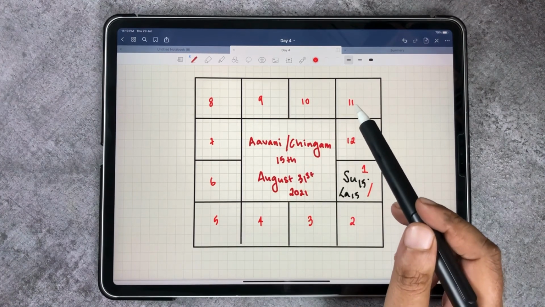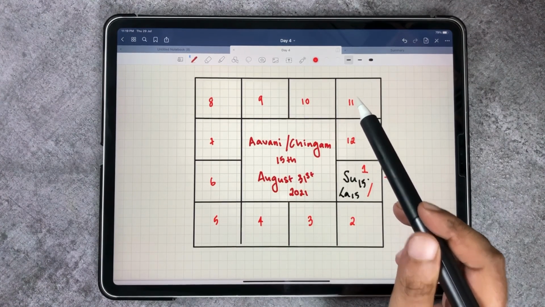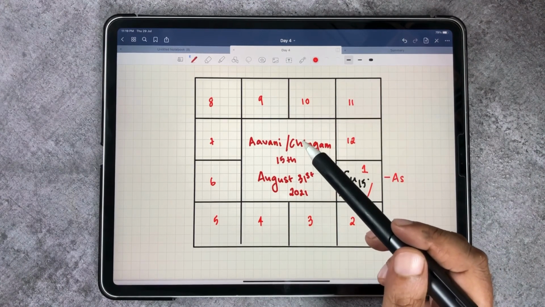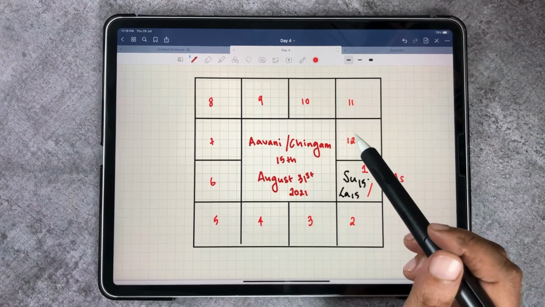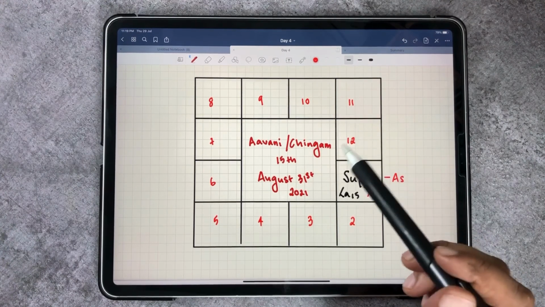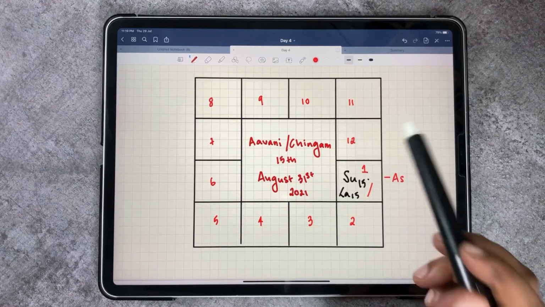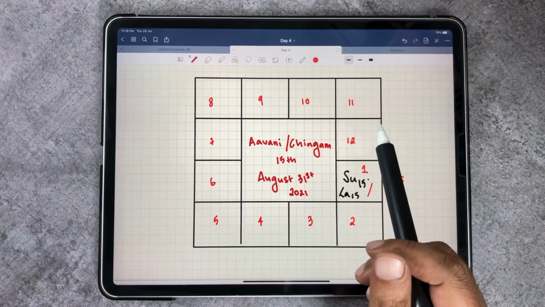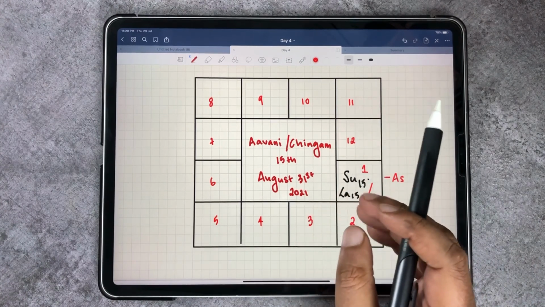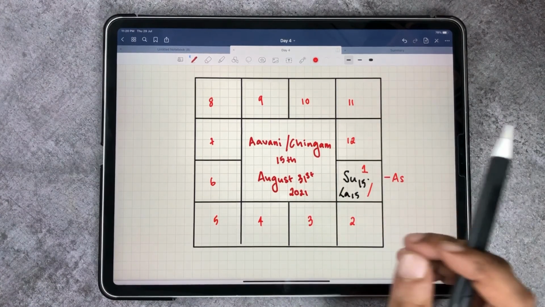The 11th bhava is called the Labhasthanam, which means it indicates your savings. It also indicates your elder sibling. The 12th bhava is called the sthana of expenses. It also indicates your sleep. So this is the base of astrology. So now you just need to place in all the grahas and then the predictive process would start.